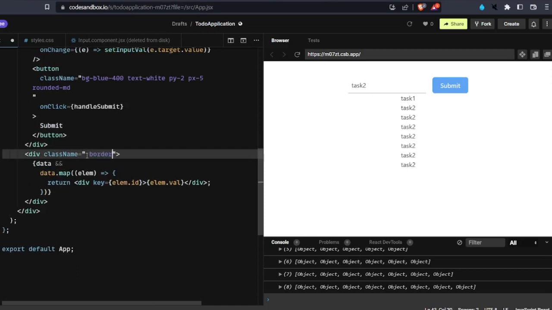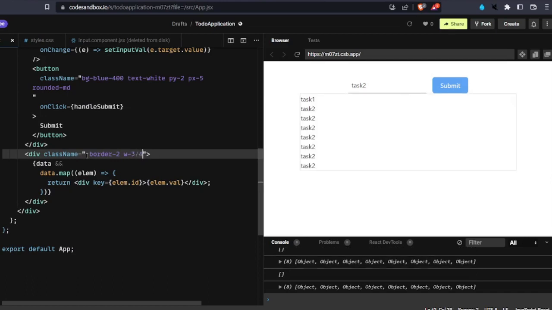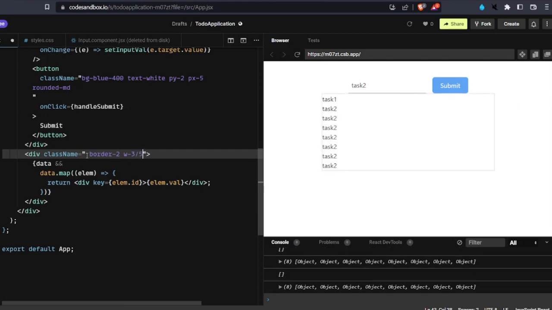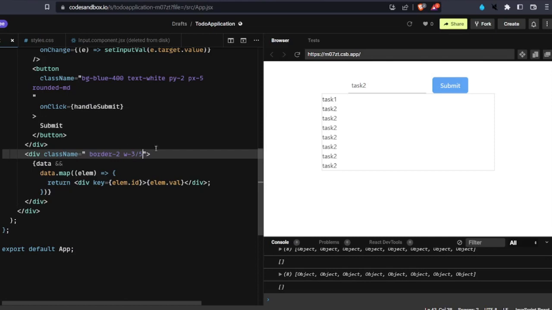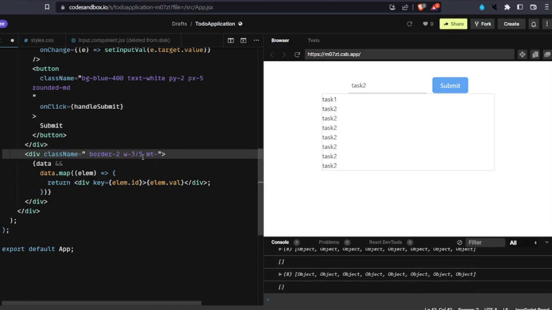We'll just give few things here. That is the border 2, width full. We would just give 3 by 4, which is completely okay. So 3 by 5 is gonna be okay, I think. Yep. So we will just write the border. It's not border, we'll just give margin top should be 10,